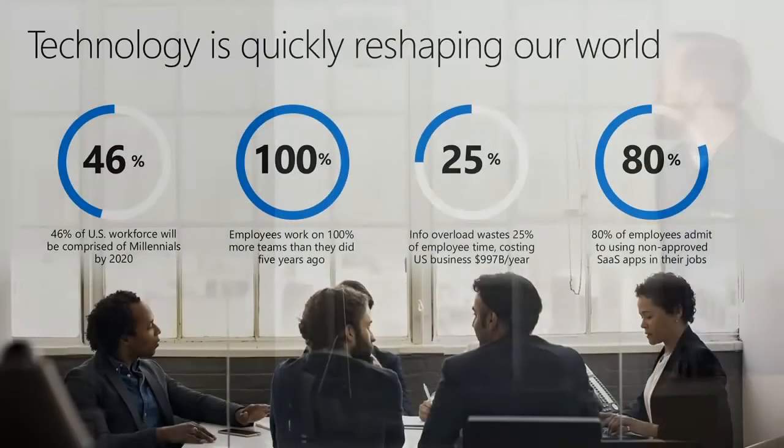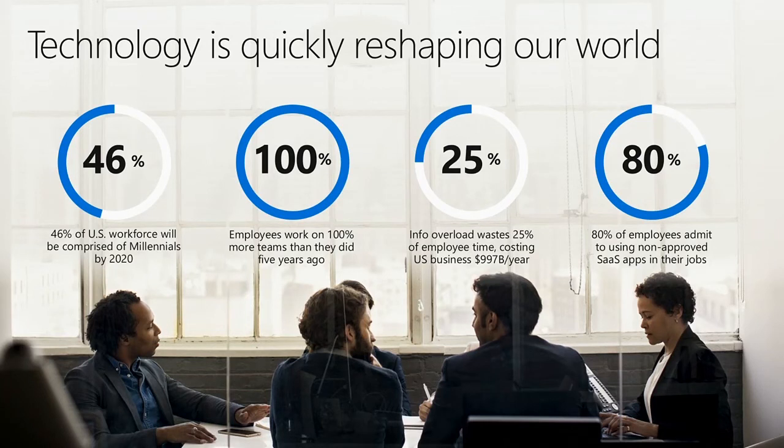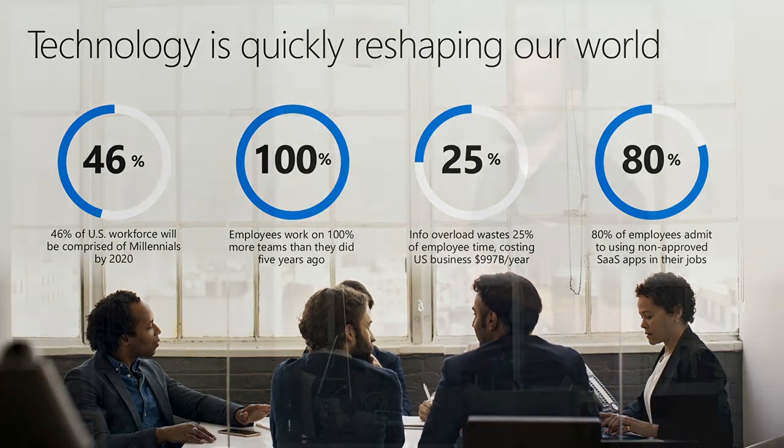And the last one here, 80% of employees admit to using non-approved SaaS apps in their jobs, which, again, if we have any security people here, this is probably driving them crazy, because it does happen all the time. When I get on sites with customers, I see people doing the craziest things because it worked once, and that's the only way they knew to do it. So it's important to be able to not only provide mobility, intelligence, and collaboration, but security is the other big one that you definitely won't see go away in the future. It's only going to get more important. So being able to lock things down like that, provide employees the correct way to do things, and also have it safe and secure.